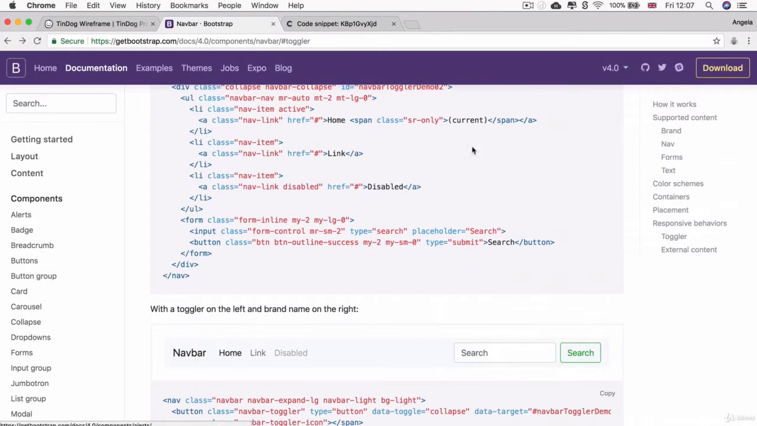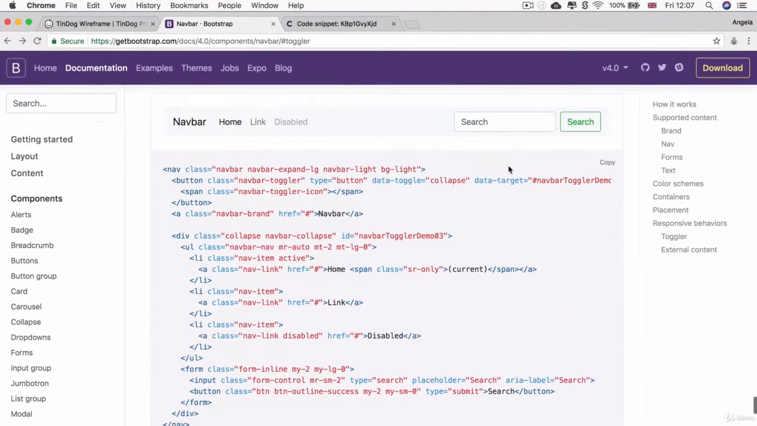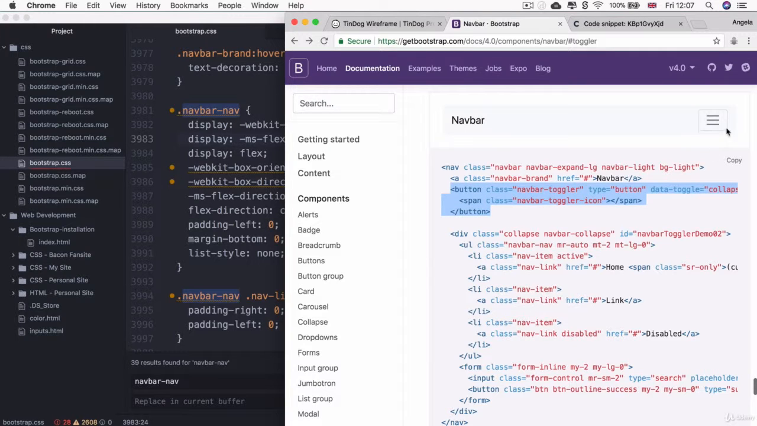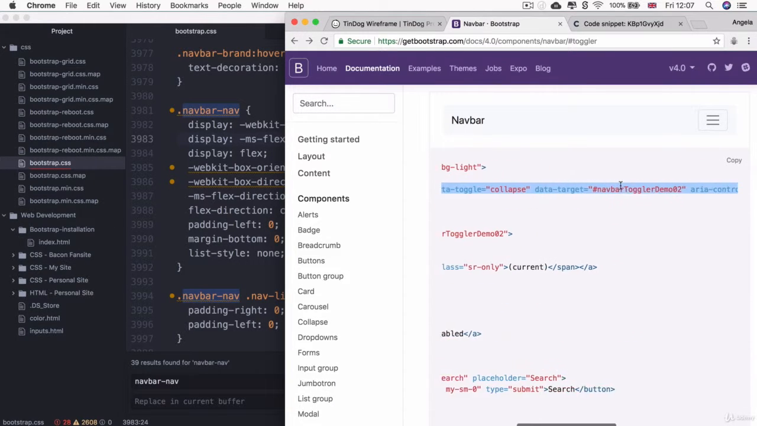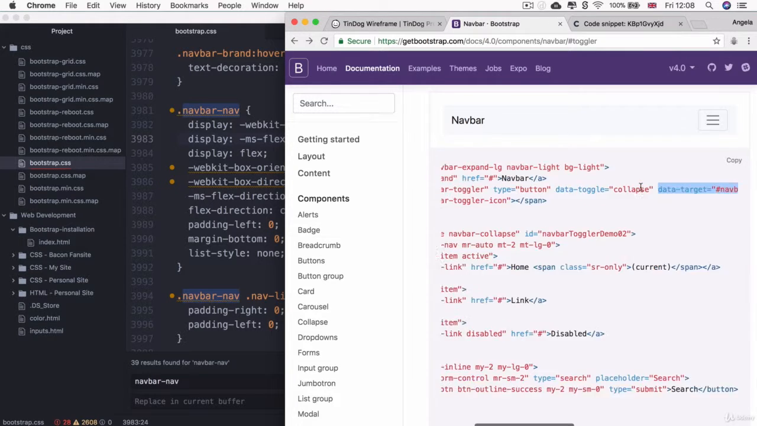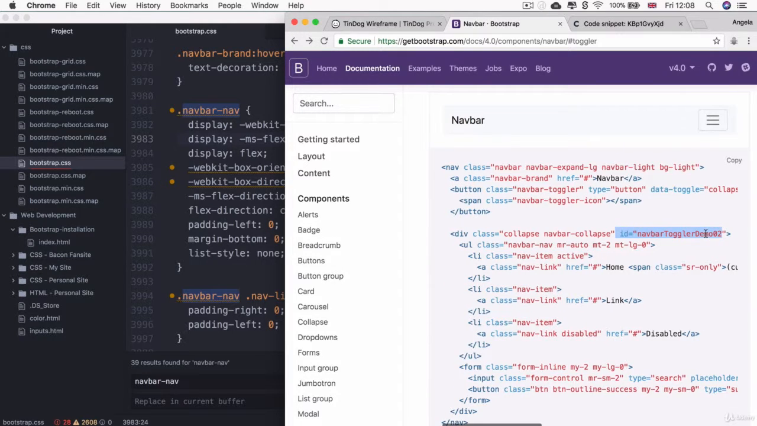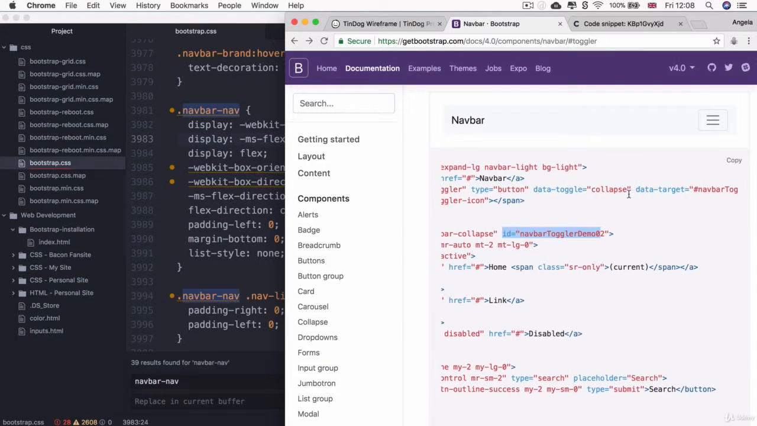So how can we implement this in our code? Well, let's see what they did. They added a button which is going to act as that hamburger menu button. And when you click on it, it's going to target something called Navbar Toggler Demo 02, which you can see is this thing here. So they've created a div that contains everything that is collapsible and put it inside that div. And they've given it the class of collapse, navbar collapse, and given it an ID that can be targeted